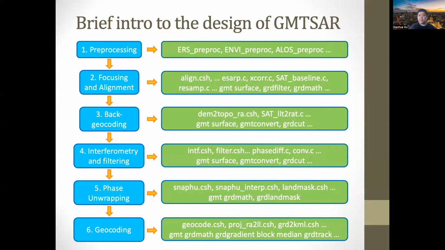And also another file is a parameter file with the suffix .prm, which stores all the metadata that will be used for processing the data. And an orbit file with the suffix .LED, which is the needed orbit records to calculate and interpolate the orbit. The associated modules that are usually used are often given names like ERS preproc or ENVI preproc, and so on. And after you get these kinds of files that can be recognized by GMTSAR, the second step is